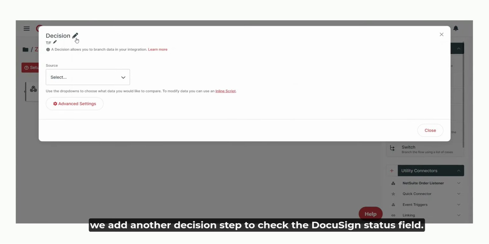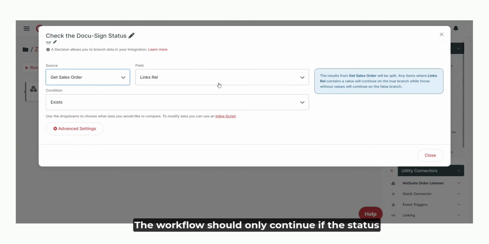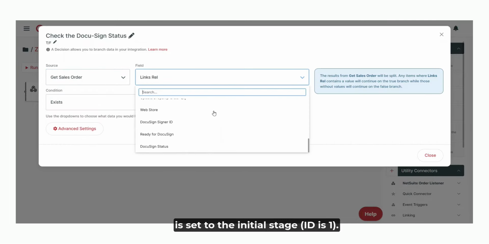Next, we add another decision step to check the DocuSign status field. The workflow should only continue if the status is set to the initial stage, ID is 1,